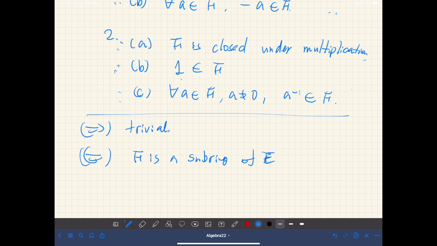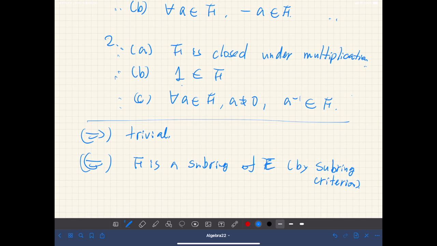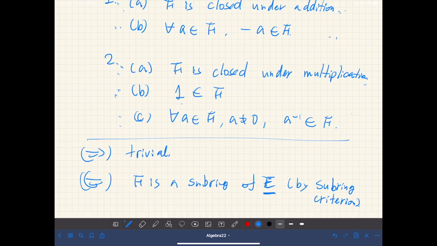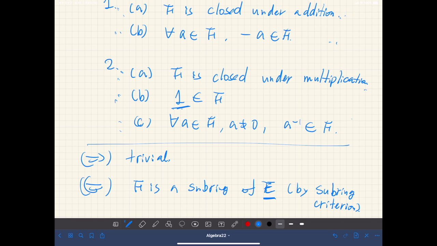F is a subring of E by the subring criterion. And all the other axioms of a field are satisfied by F because they are also satisfied in E. You should check all of these. But commutativity of multiplication and the existence of identity are already satisfied,